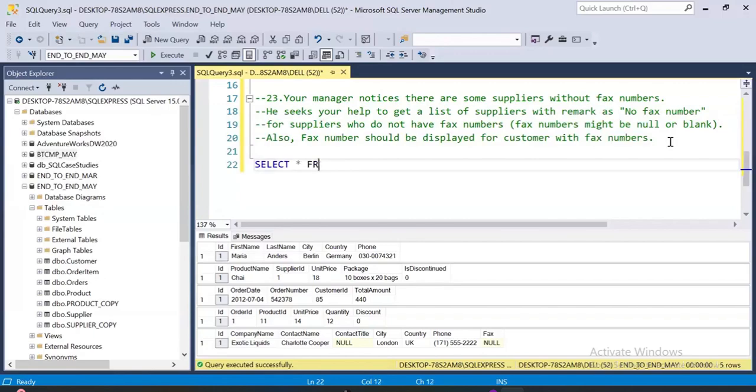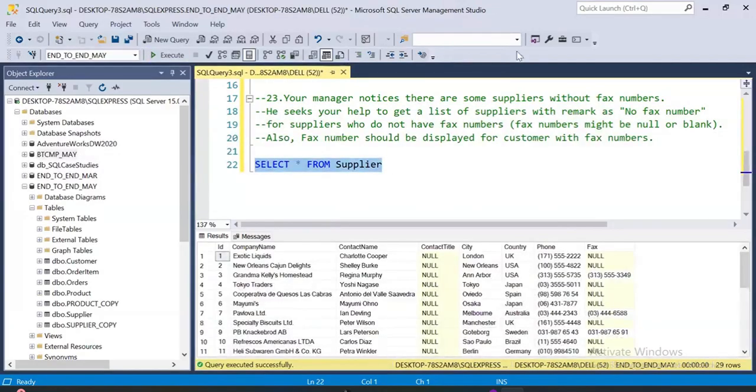कैसे करेंगे? Supplier table, select star from supplier. Now what? जहां जहां पे फैक्स नंबर नल है या ब्लैंक है, वहां पे क्या आना चाहिए? नो फैक्स नंबर. कैसे करेंगे? गुड. वी कैन यूज केस वन, कंडीशन के बेसिस पे कॉलम, राइट? एंड सेकंड मेथड इज यू कैन यूज अपडेट आल्सो, बट आई वोंट रिकमेंड टू यूज अपडेट बिकॉज आपके पास एक्सेस नहीं होगा अपडेट यूज करने का. अगर करना हो तो कैसे कर सकते हैं? यू कैन से अपडेट सप्लायर सेट फैक्स इक्वल्स टू नो फैक्स नंबर